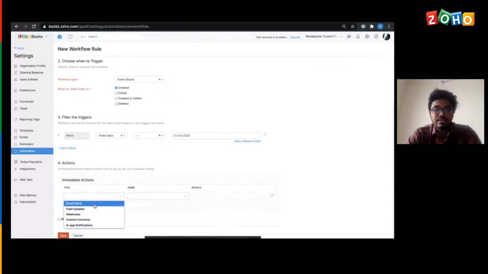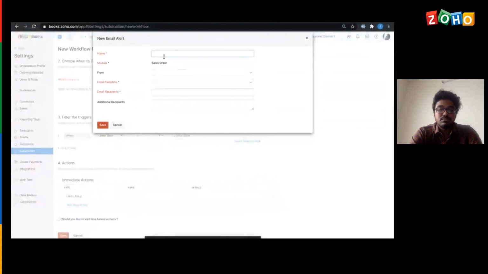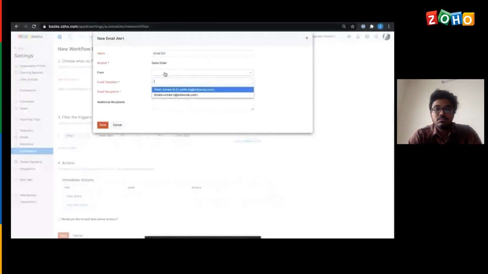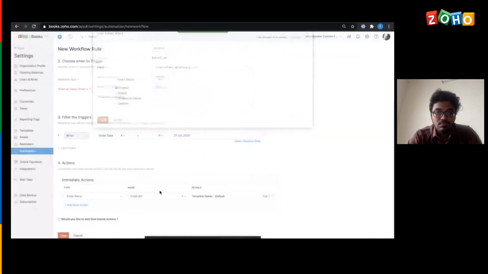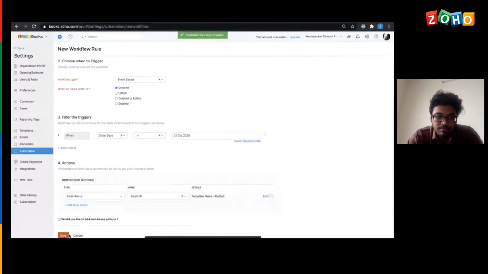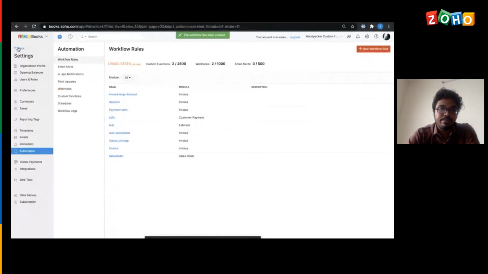So I'll set up the action as an email alert. And I'll save this workflow rule for now.